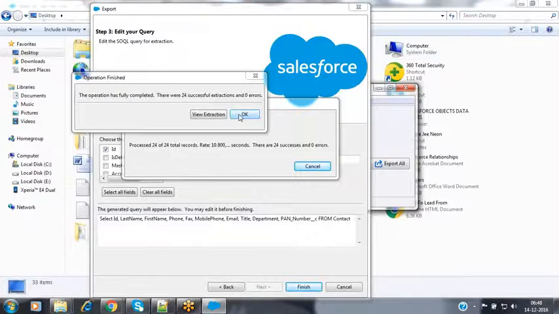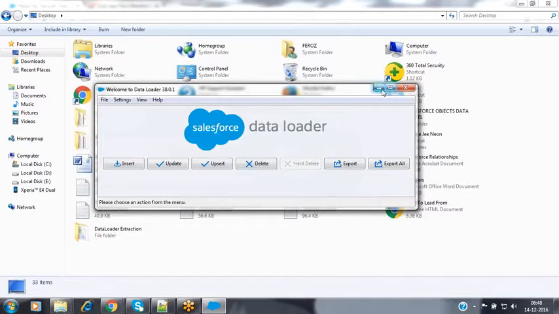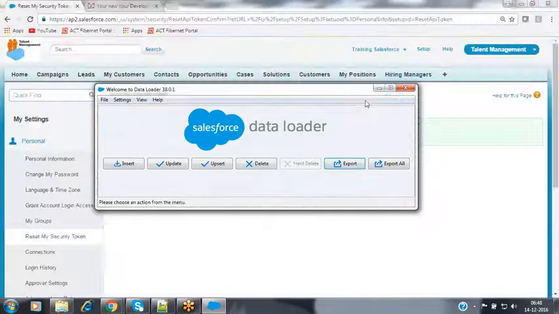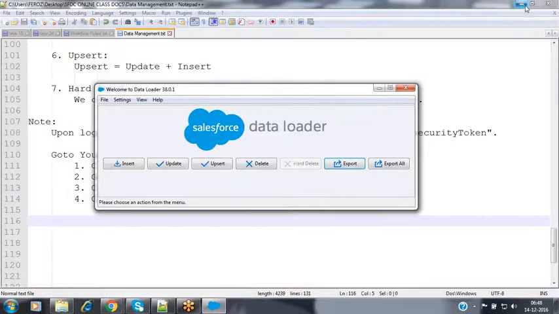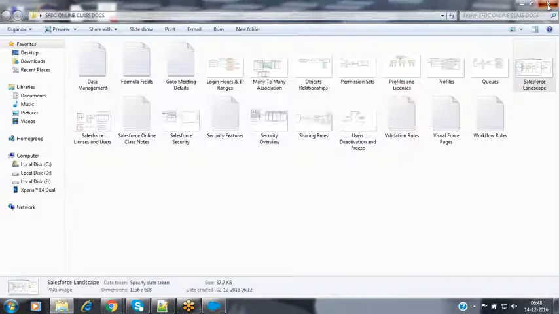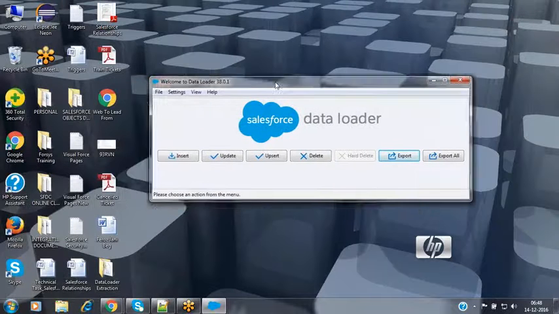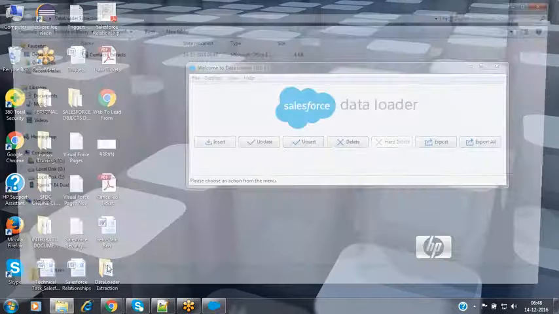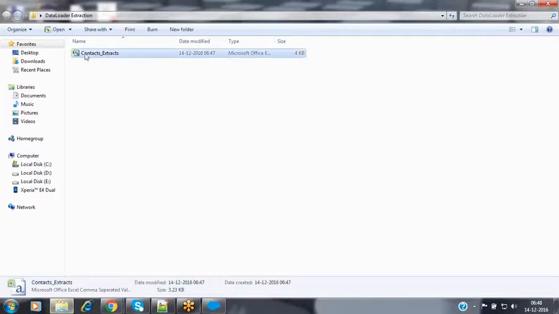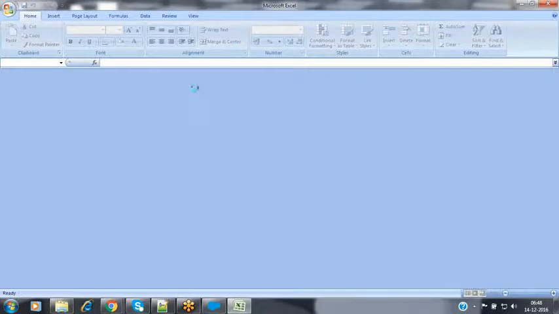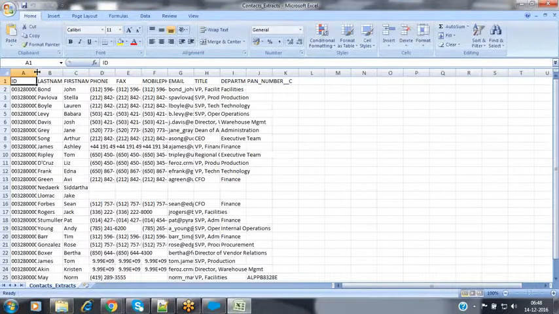Or else, if you want to see those records inside your extraction folder, then go to your desktop. On your desktop, you will have that extraction folder available. Open that folder. You will have a file called contacts_extracts. When you double click on that, the file will open, where you will have all these records information.